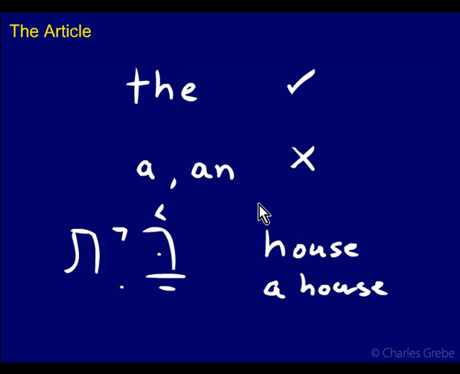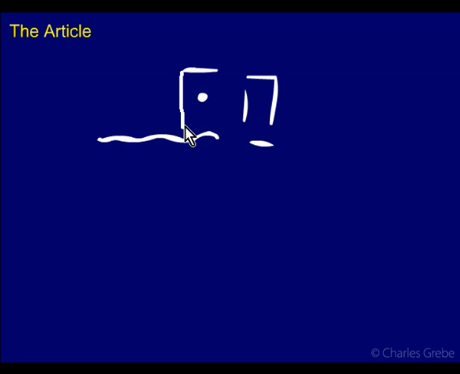Now, let's take a look at the article itself. The article has three parts to it. It has a hey, a patach, and a dagesh forte in the following letter. It never stands by itself, like the inseparable prepositions le, be, and ke that we dealt with earlier. It's always attached to the word that it governs. So your word would be sitting here, and the dagesh forte would fall in the first